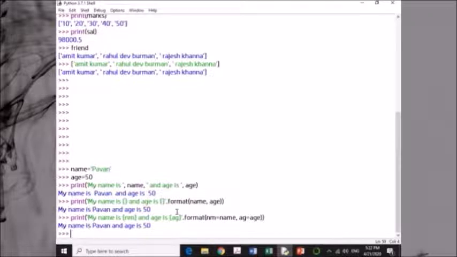My name is Pawan and age is 50. Here the name is NM and the age is AG.